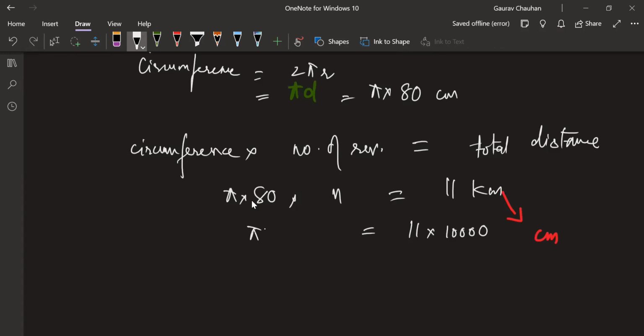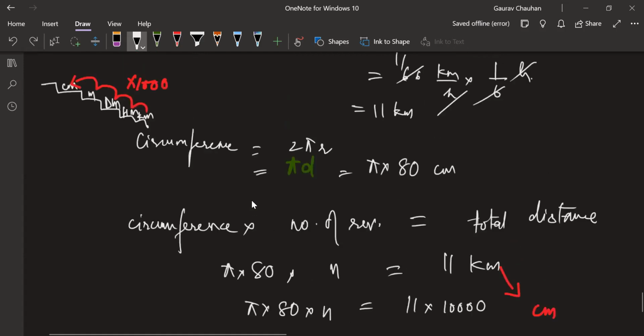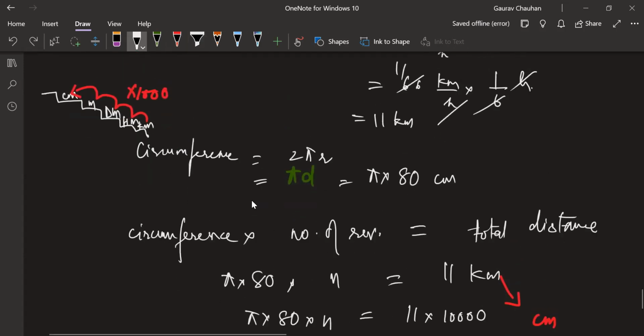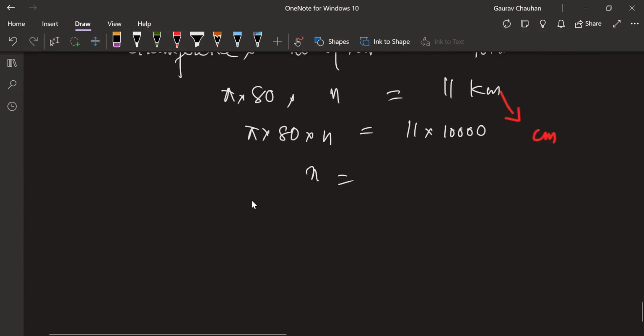So that's equal to pi into 80 into n. You can find n from here. Okay with that? Number of revolutions you will get. Am I missing something? Kilometer to hecto, hecto to deci. Oh, sorry, I left decameter. I left decimeter. So here decimeter is there, here centimeter is there. So I have to go 5 zeros. Sorry, guys, my bad. You have totally into 1 followed by 5 zeros. Once you do that, you will be able to find it.